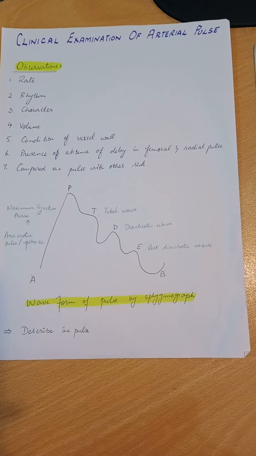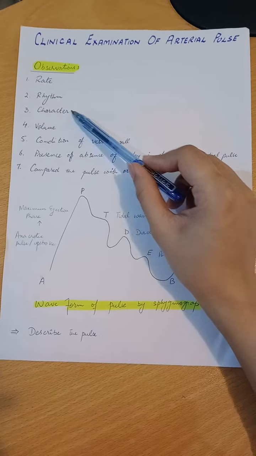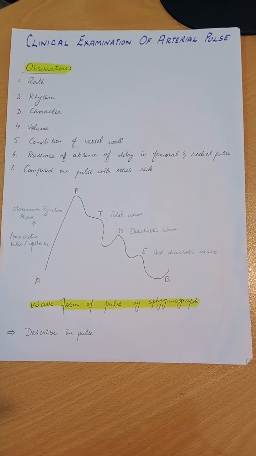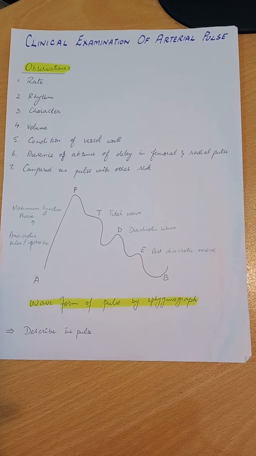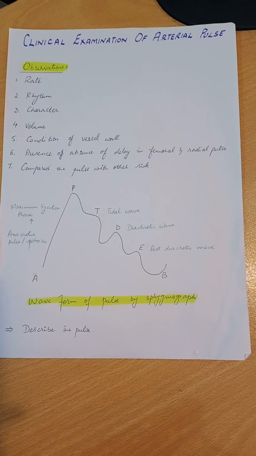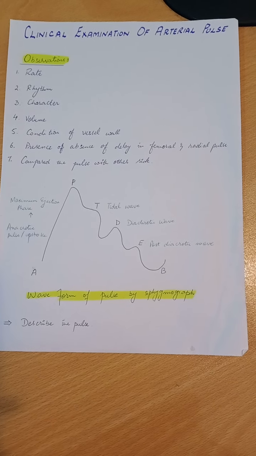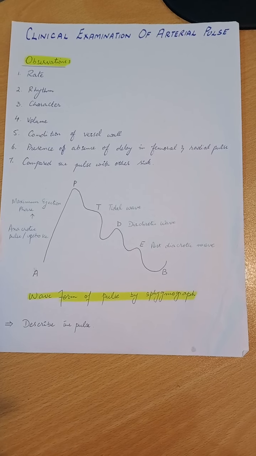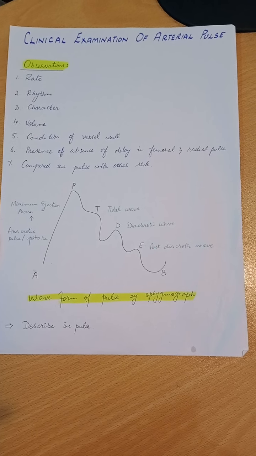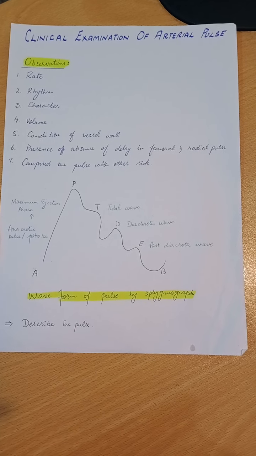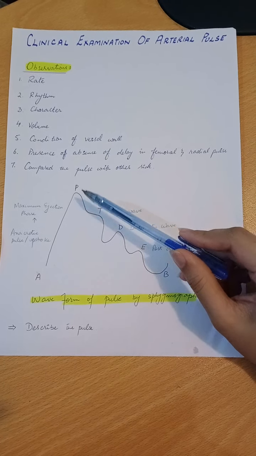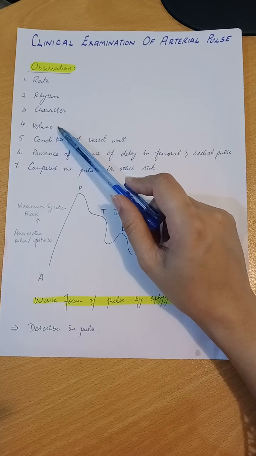The next characteristic we are going to study is the character of the pulse. By feeling the radial pulse, the character of the pulse cannot be appreciated, and it is identified with the help of a device called a sphygmograph. We will check if the patient has a normal character or certain abnormal characters. For example, a patient can have an anacrotic pulse, which is abnormal, and this occurs in case of aortic stenosis. In this case, there is a slow rise in the pulse wave, and the pulse is of small volume. Volume of the pulse is also reduced.